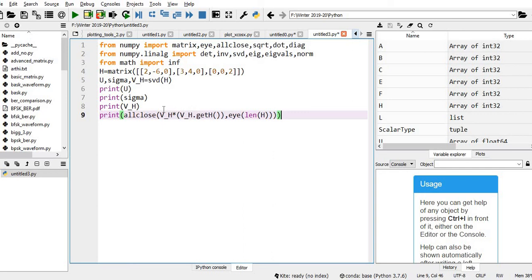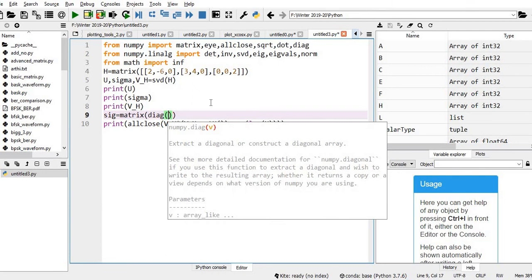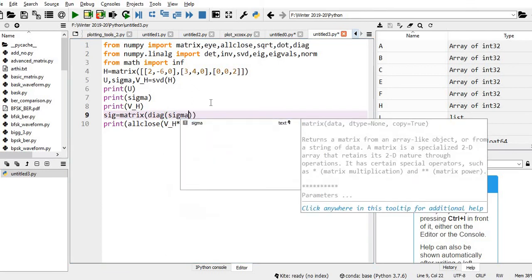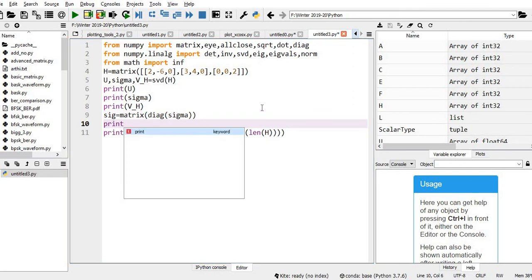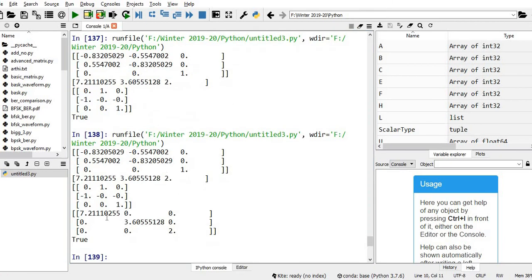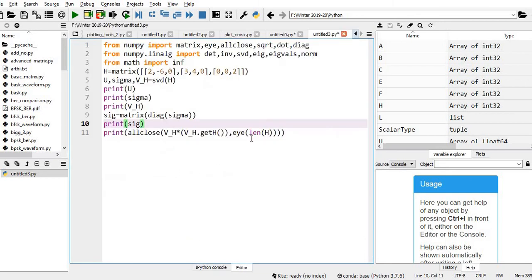I am creating a matrix, sig matrix, diag of sigma. Let me check this, print sig. The code is not complete. Let me check this. Yeah, it is giving a matrix, the singular matrix. So it is working. Now I need to multiply.